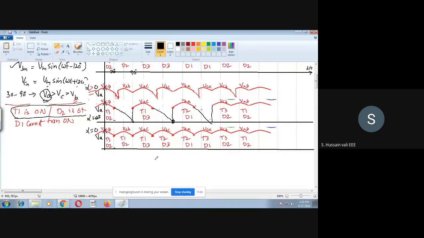So for alpha is equal to 90, this is 30, this is 90, whereas this point is 150, this point is 210. So alpha is equal to 90, what you find out is that from 30 to 90, that is 120. So till this point, delay will be till this point. So till this point, what you have to do is you erase everything.